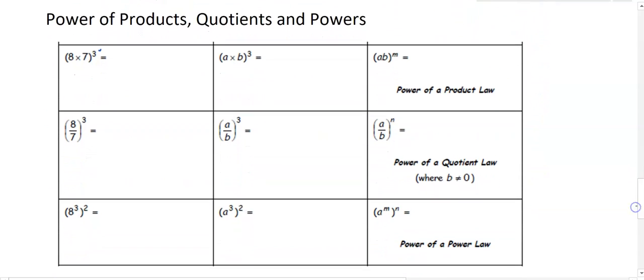Our last three rules are our quotient rules. So if you're multiplying and raising it to the power, well, 8 times 7 to the power of 3 is the same as 8 times 7 multiplied by 8